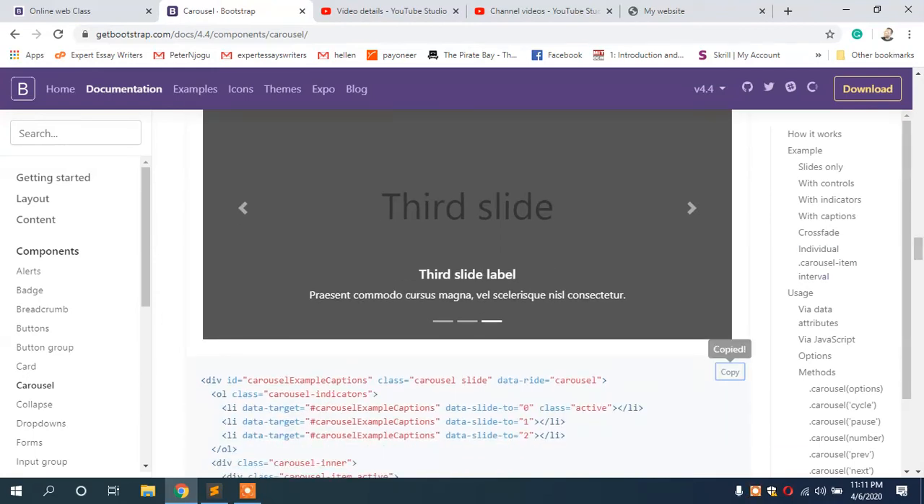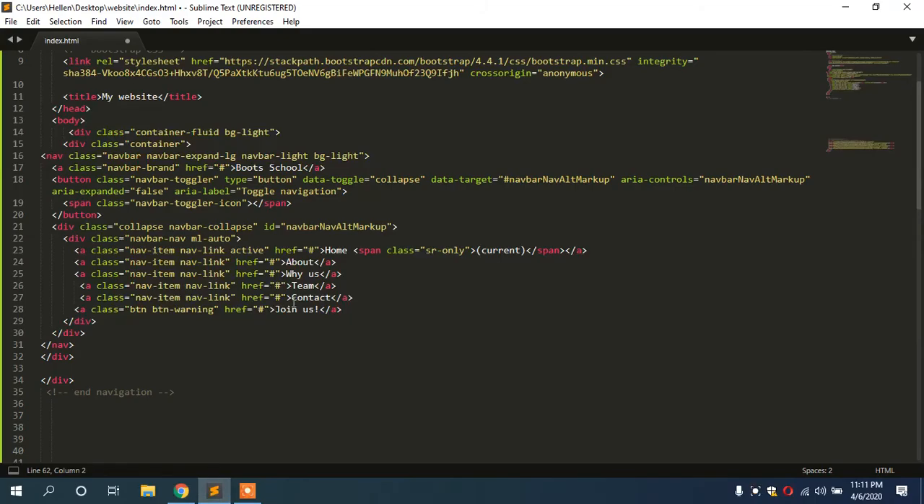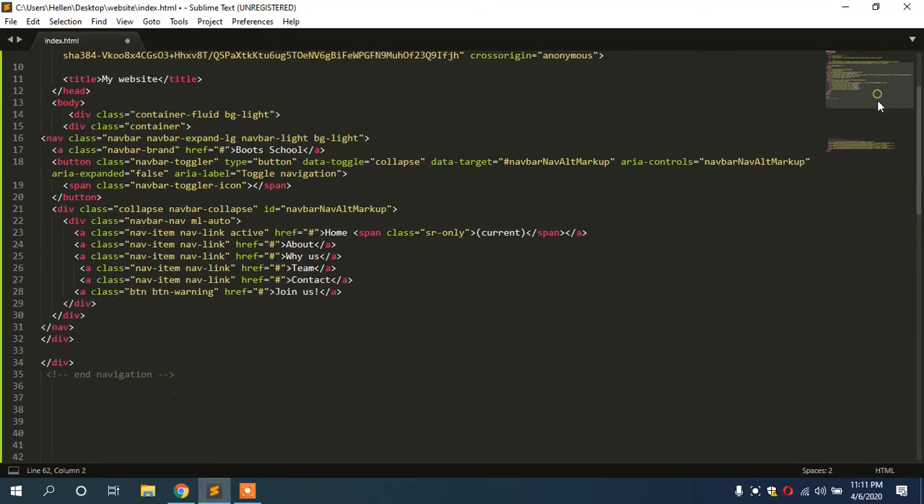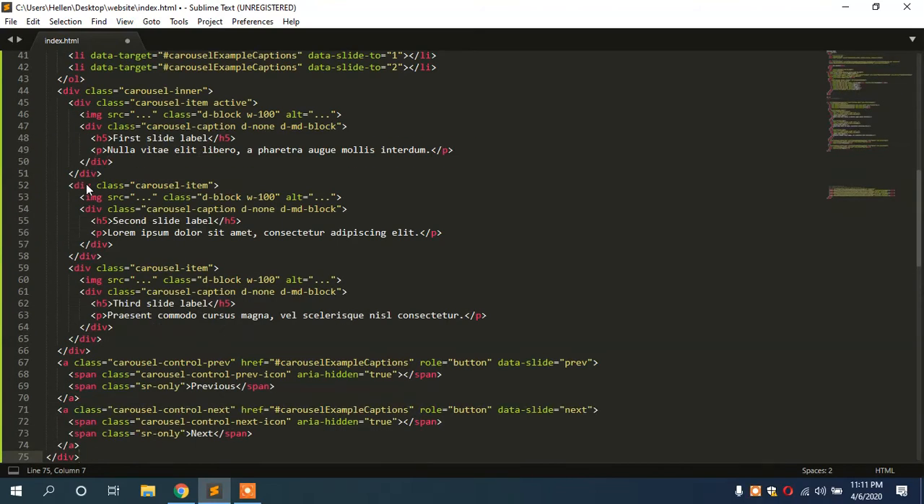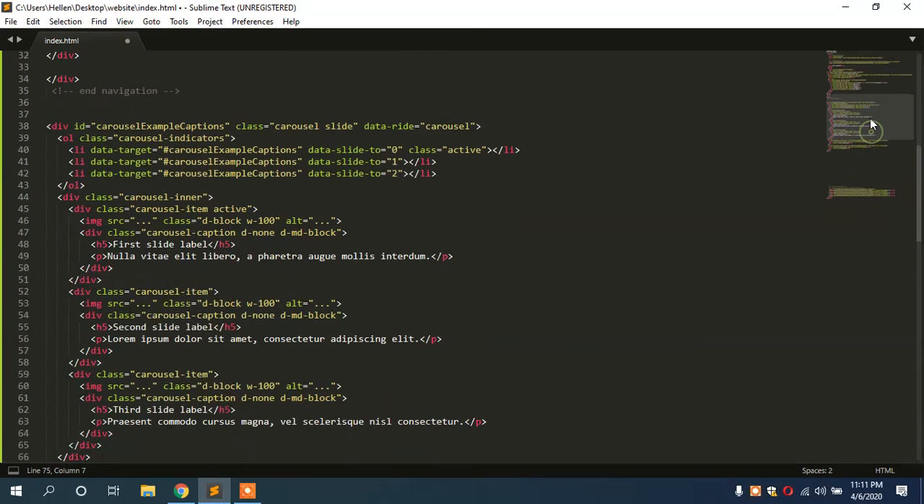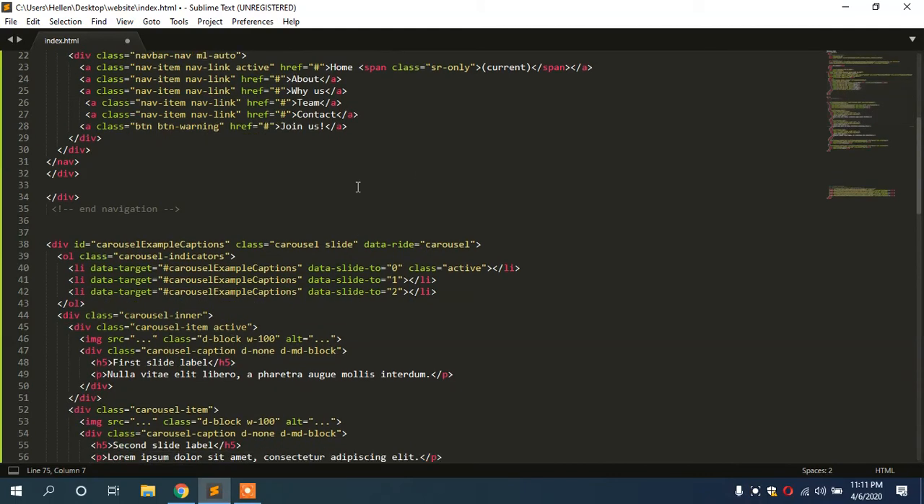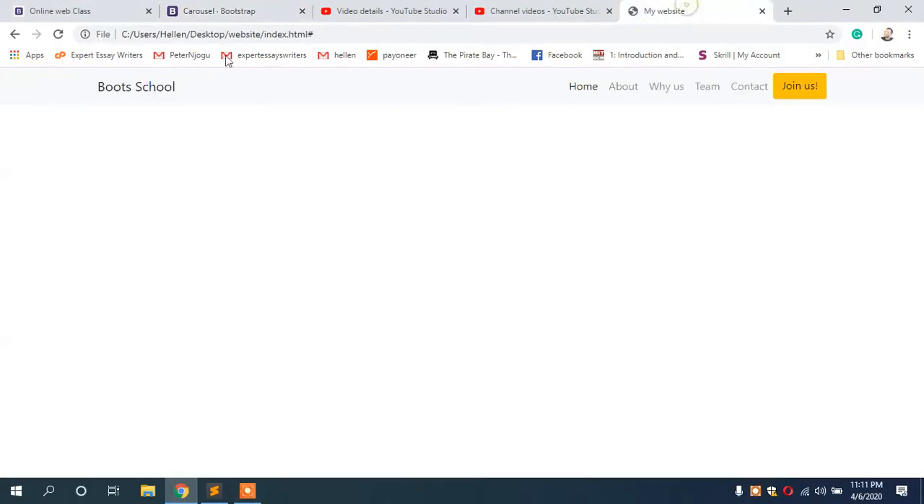So I copied the code by clicking copy, then back to my file index.html, I pasted the code. Just that. Now after pasting the code here, I save, and refreshing the site here, you will be able to see something. As you can see, this is the slider, but there's no image, so that is why you can see like